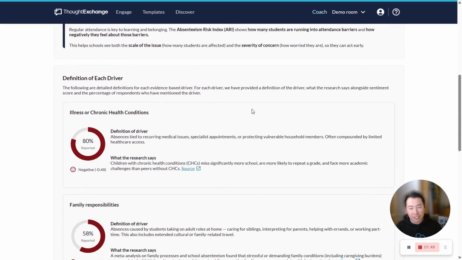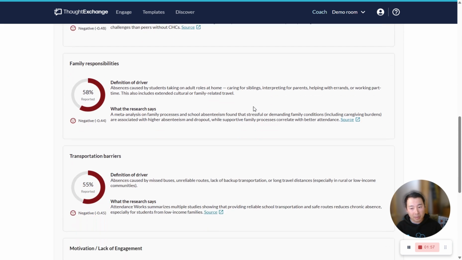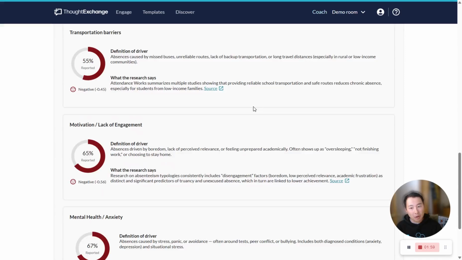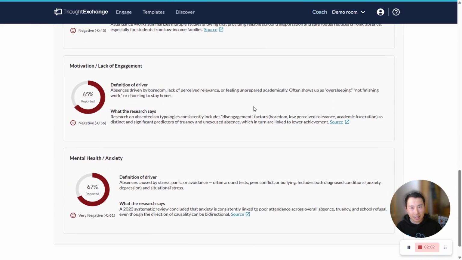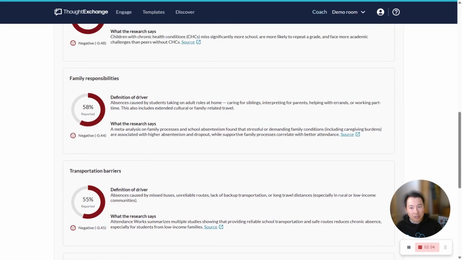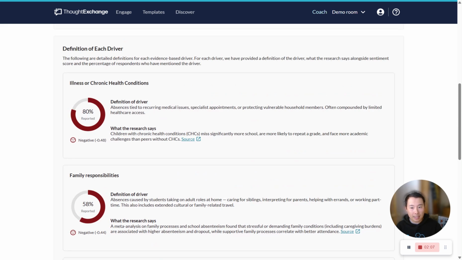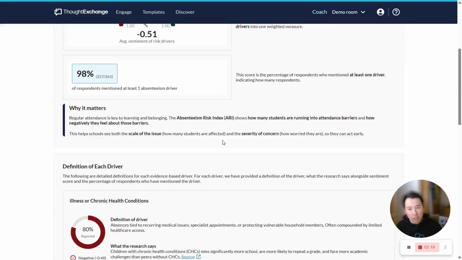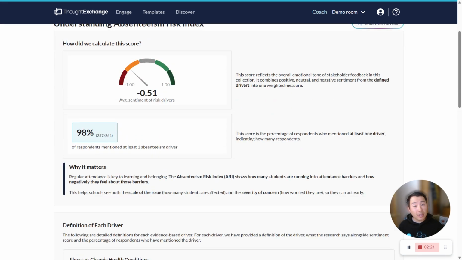What we do is we actually theme the data against a core set of evidence-based drivers, 5 of them: illness and chronic health, family responsibilities, transportation, motivation and engagement, and mental health and anxiety. Research says that these are things that actually drive and move the needle on attendance. So why not theme the respondent data against that so that we can show the sentiment towards these core drivers as well as the number of times they're being mentioned. We roll it up to one metric so that you can see some of the things that might be emerging